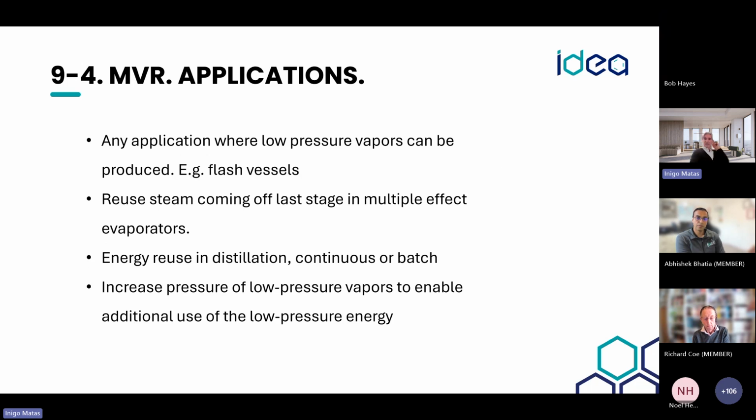Applications: evaporation, flash vessels, for example, where we have a stream that in the past was low pressure, so now we can increase the pressure and temperature of that stream and use it. When we are trying to decarbonize a certain process through electrification, we can also have hot water loops, where the vapor cannot be reused. We could do that, but again, as we were saying before, we want to use the energy at the highest temperature possible when we are producing it, giving us both the heating and the cooling part.